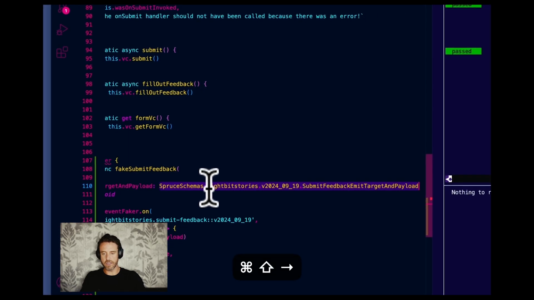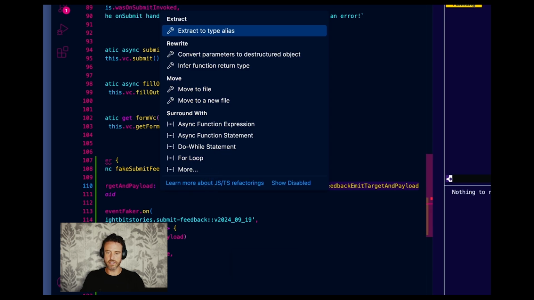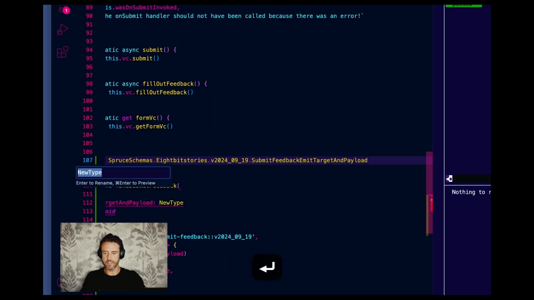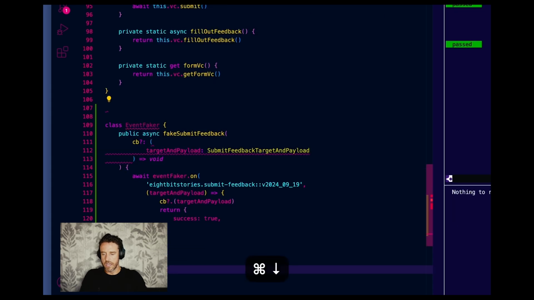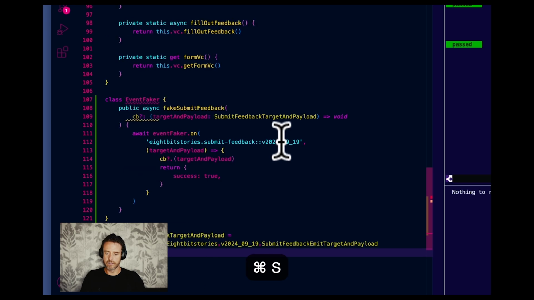Now, because that's really long, I do like the idea of shortening it. So I select it, Control Shift R, type alias, submit feedback target and payload. And I'm going to move it below that there. Okay, now we have an event faker that has this string literal defined in it for us and passes target